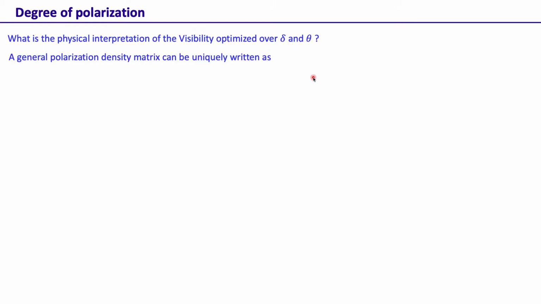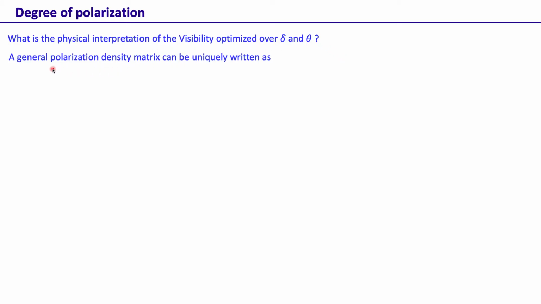Okay, so now that we have the expression for visibility, we ask the question as to what is the physical interpretation of this visibility that is optimized over delta and theta. Now, to get to this question,